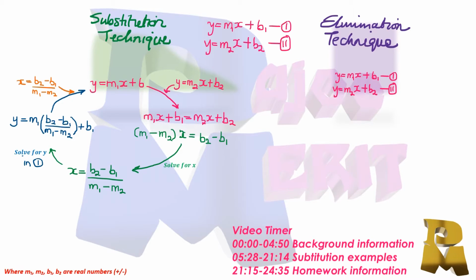Now the other technique is by elimination, which in here is not really too complicated. All you have to do is to express both equations picking one variable that has coefficients that are the same. So if you have the coefficient of a specific variable that is the same, then you subtract, and by so doing you'll be able to make one of the variables equal to 0, and once you have that, the other variable you have to solve for that,